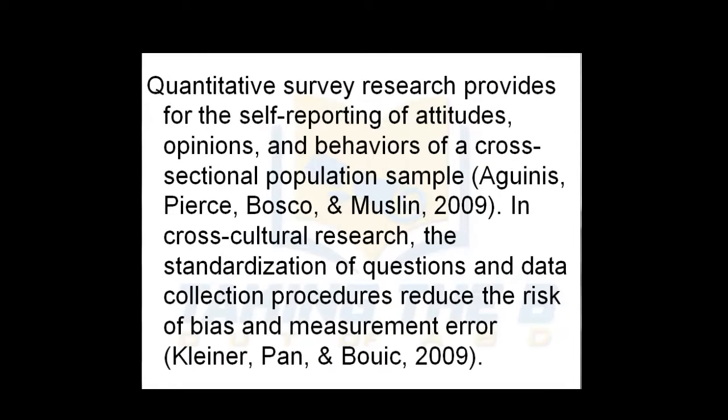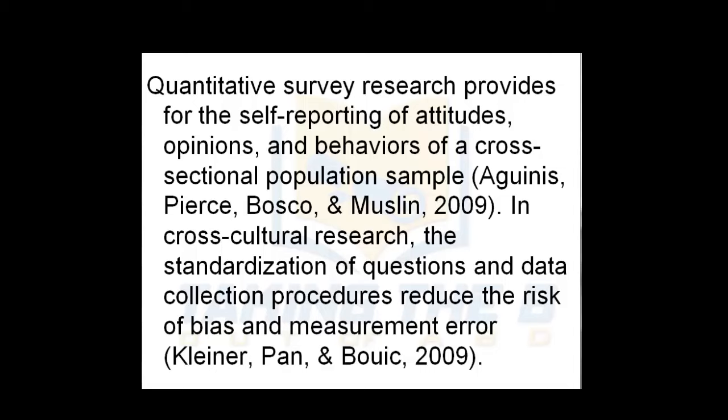She goes on to write, quantitative survey research provides the self-reporting, and that's the point where there's an alignment here again with research terminology and context, is that surveys are self-reporting. You give surveys to people, they send them back in. They're self-reporting based on what they believe to be their understandings of what the questions were.